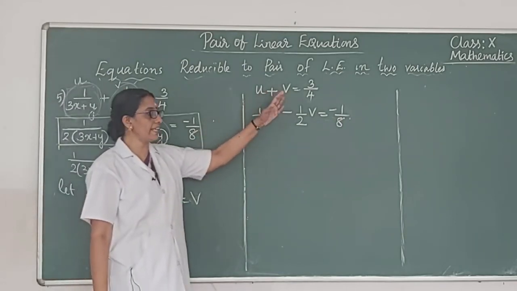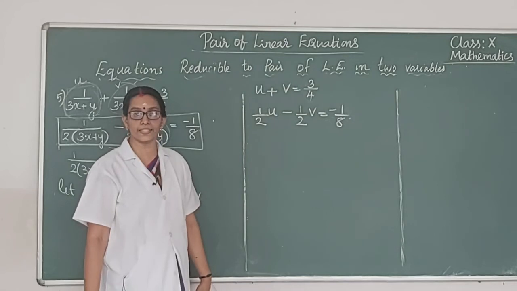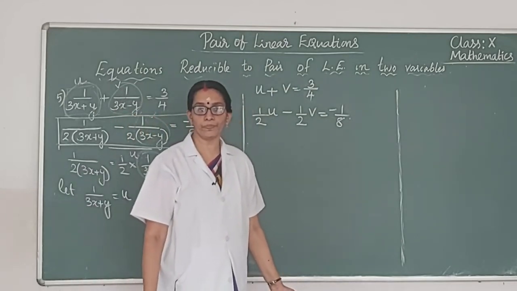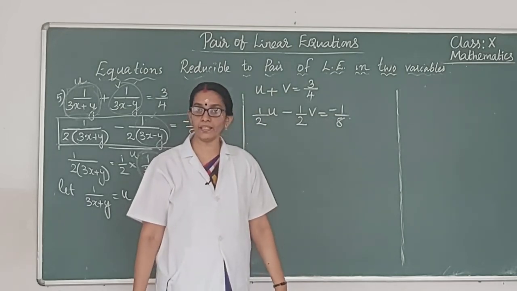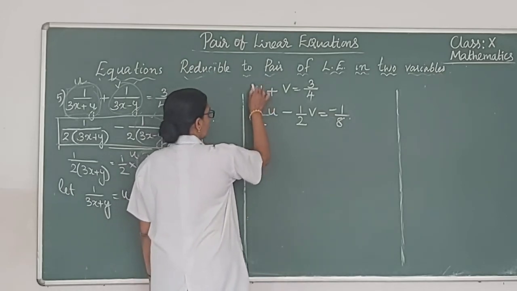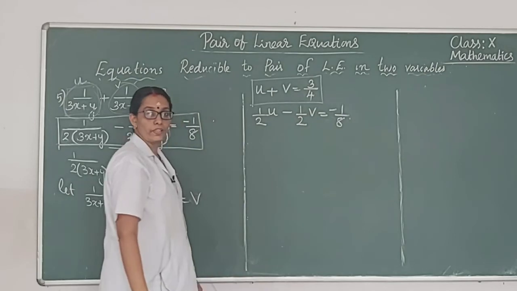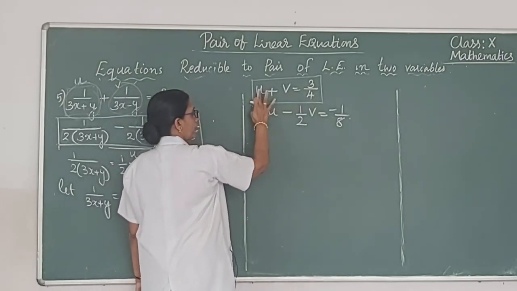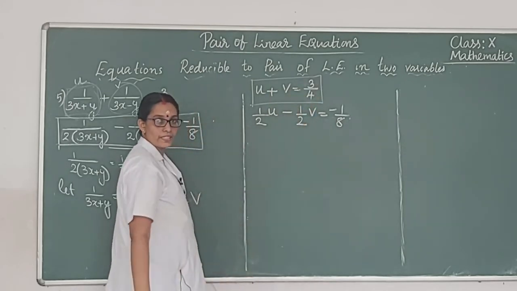So here you can see again the rational form came for the coefficients. So what we have to do? We have to avoid the rational form by multiplying the equation by the LCM, isn't it? Here for this equation, only one denominator, here 4. So we have to multiply. If you are multiplying each and every term by 4, you can avoid this rational form.